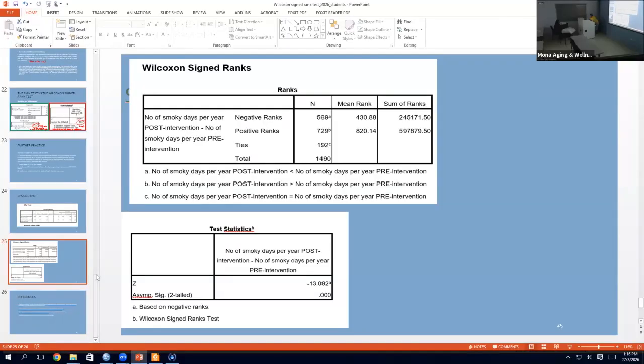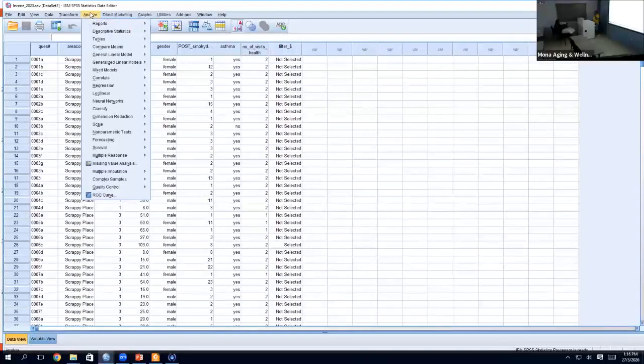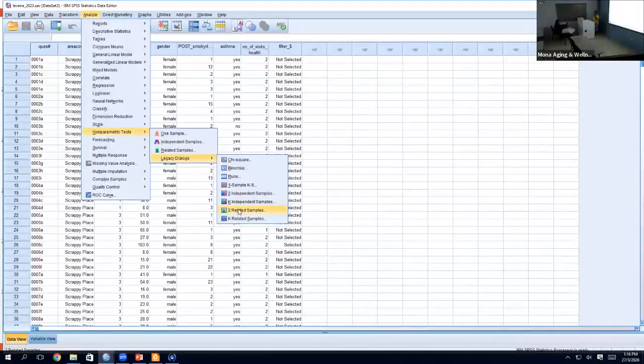You're welcome. Mrs. Chinbele, for the Levine's test, could you demonstrate how to make the output for the smoky days, just similar to what you have here? Sure. That's fine. So in the Levine's database, you go to analyze, non-parametric tests, legacy dialogues, two related samples. So you're going to click on two related samples,